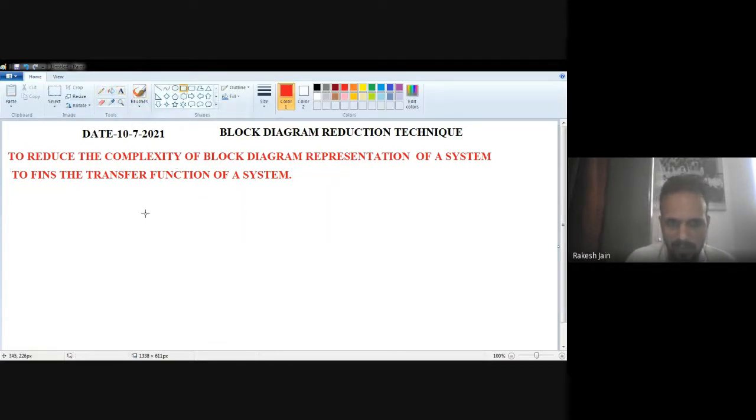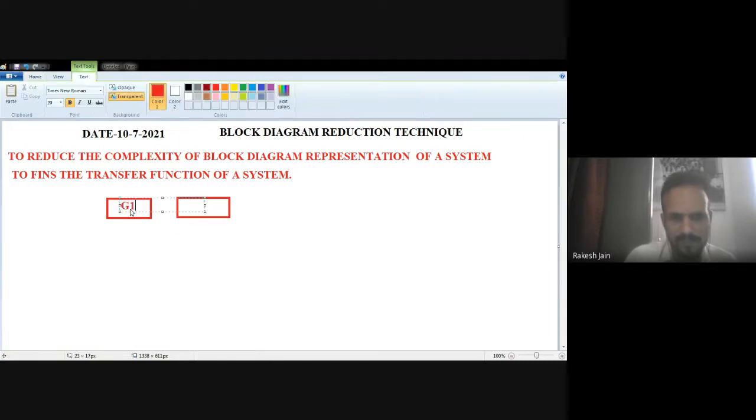First of all, all block diagrams contain this kind of blocks. So what are the general rules? Let's suppose there are two blocks, G1(s) and G2(s). You should remember that s represents the s domain, which we generally use for block diagram reduction techniques. So instead of that s, I just write G1 and G2, but in numericals you will find s also. So don't be confused.